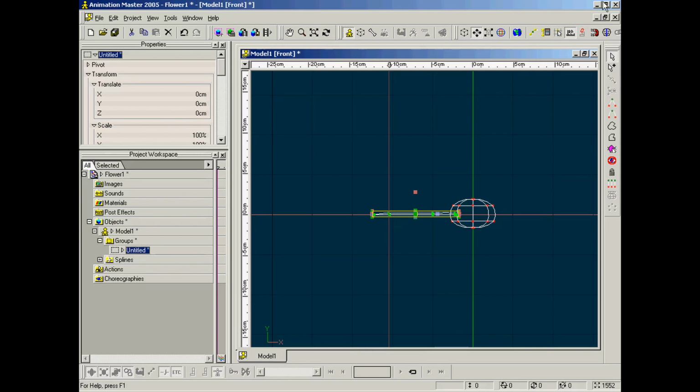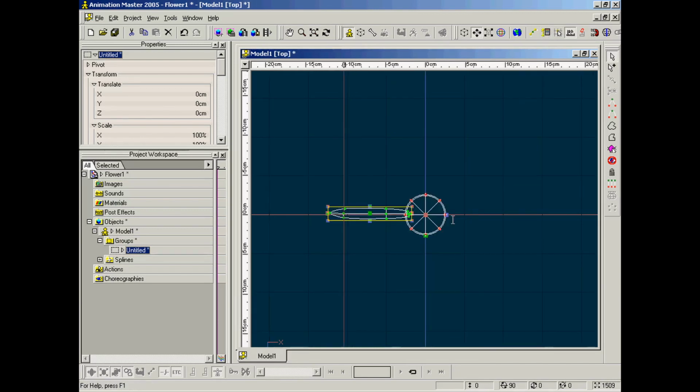Well, that didn't do it, did it? 0. Z, I want to change to 0. Okay, there it is. Let's go to the top view. And now, all of the